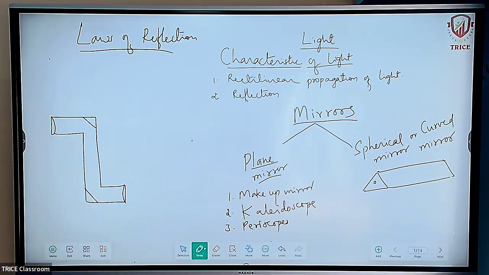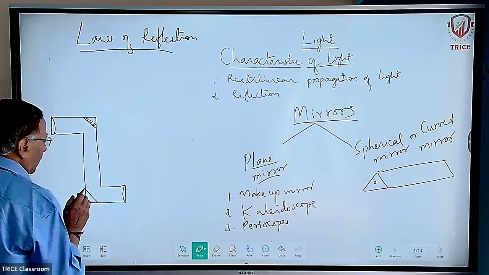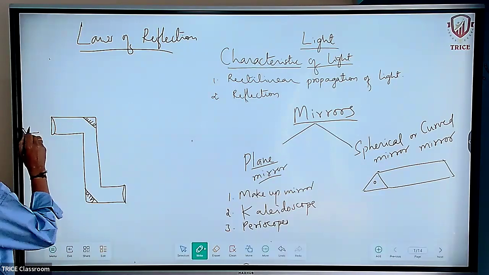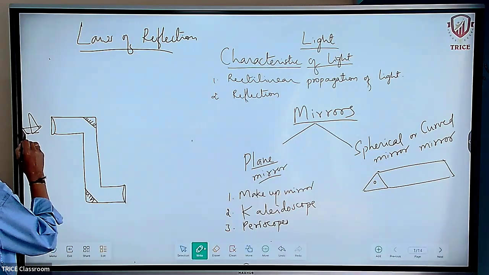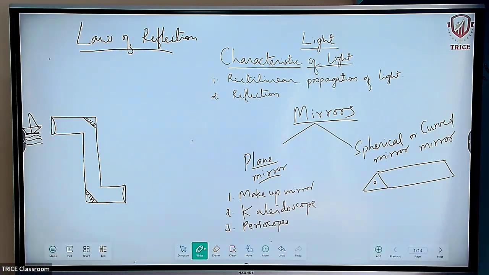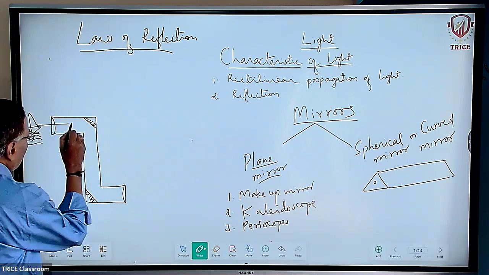There are two mirrors. Now they are using prisms. Okay. This is one mirror. This is another mirror. So if there is an enemy ship here, which is sailing on the seas or oceans, the reflection of this ship,